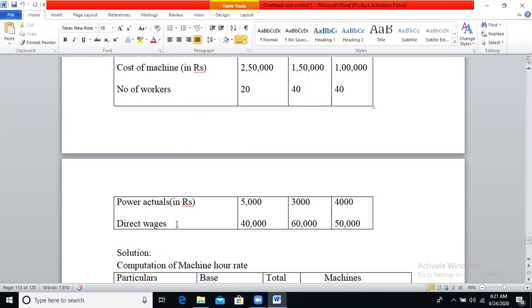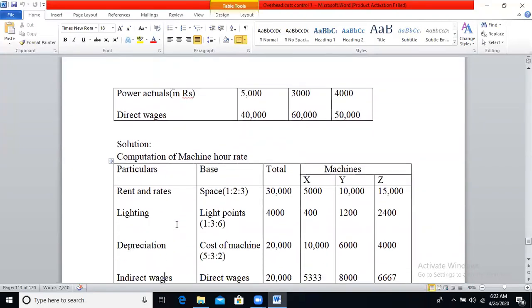So under this machine hour rate method, if they've asked to apportion to more than one machine, then you have to calculate as per the primary overhead distribution summary. There you will apply apportioning of overhead expenses to the production department and service department on the basis of ratio. The same method we will apply here also. Here we are apportioning all the overhead expenses to all the machines on the suitable basis.